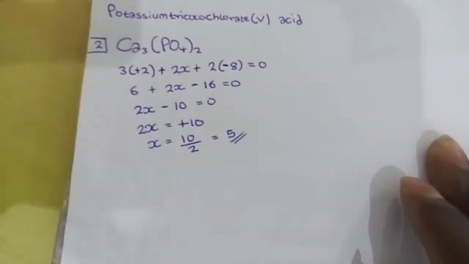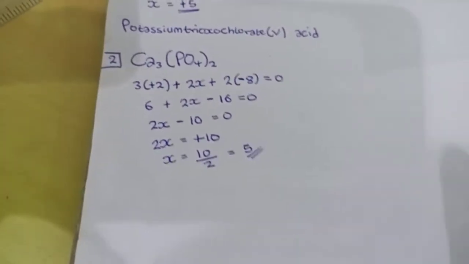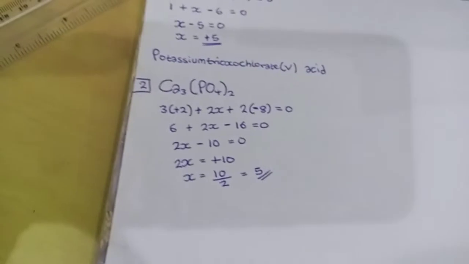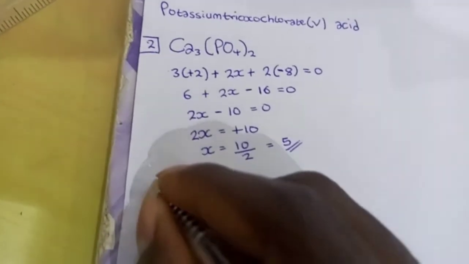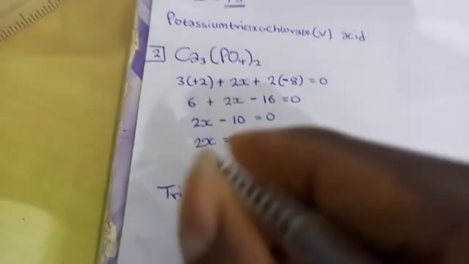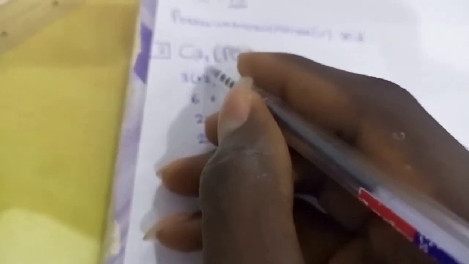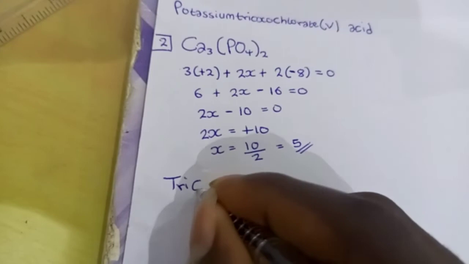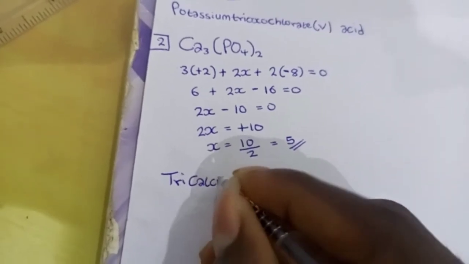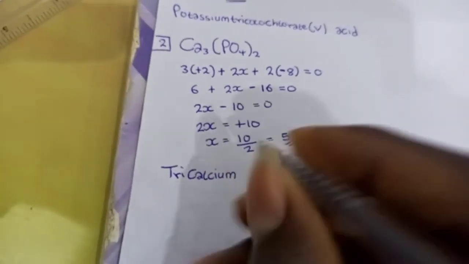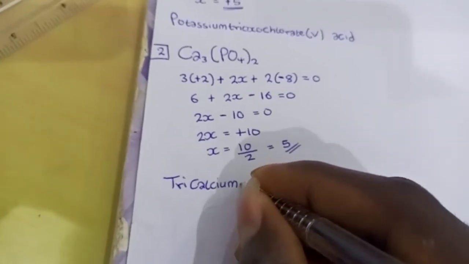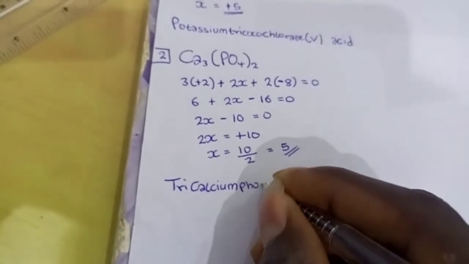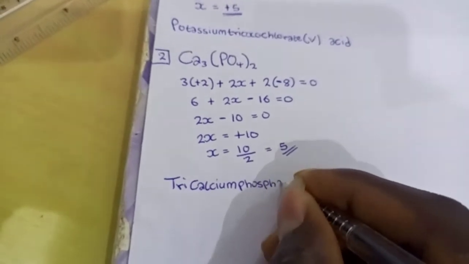The oxidation number of phosphorus in this compound is 5. Let's get straight to the naming now. This is tri, because we have 3 calcium here. Tricalcium phosphate